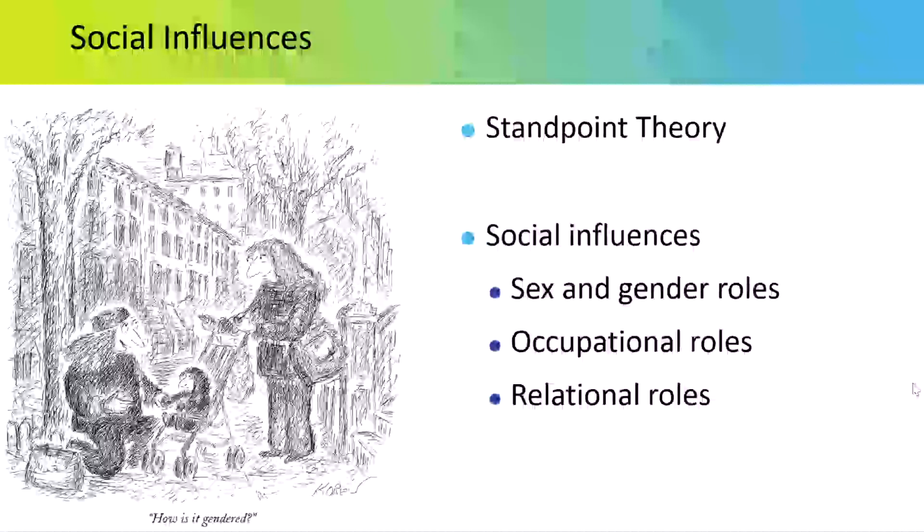Here's a good quote: unless one has been disadvantaged, it can be difficult to imagine how the world might look to someone who has been treated badly because of race, ethnicity, gender, biological sex, sexual orientation, or socioeconomic class. Okay, so let's look at these. A lot of times we use the words sex and gender interchangeably, but sex has to do with biology, and gender has to do with the social and psychological dimensions of feminine and masculine behavior, which has to do with what our society says is acceptable for men and women to do.